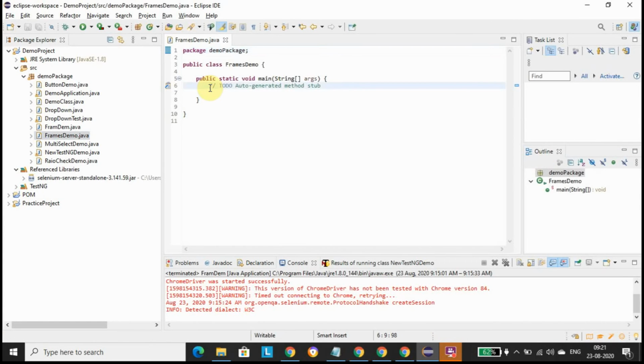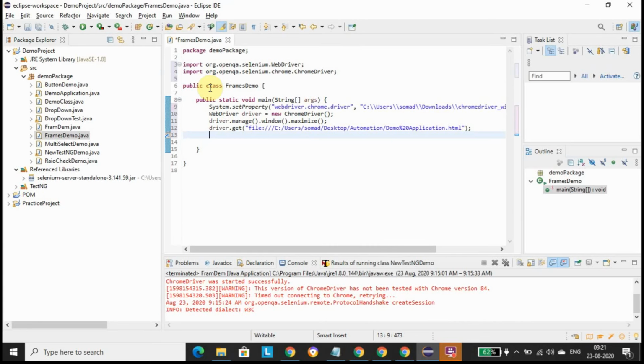We will write our basic lines of code here, like System.setProperty. We're going to use Chrome driver here, then initializing the WebDriver, then maximizing the window, and I am providing the URL for that particular demo application.